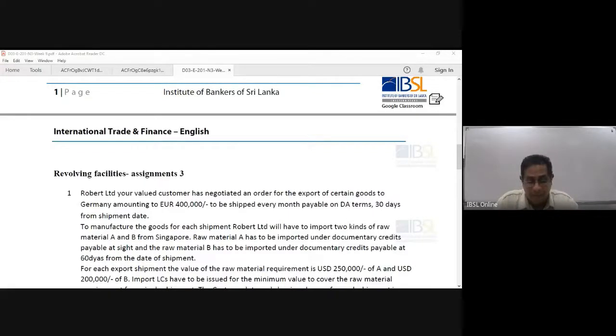So when he sends the children's garment, he has to send the documents also, right? The documents arrive in Germany 5 days after the loading. So when is the loading date? Shipment date is April 1. Assume that the shipment date is April 1. So 5 days after,